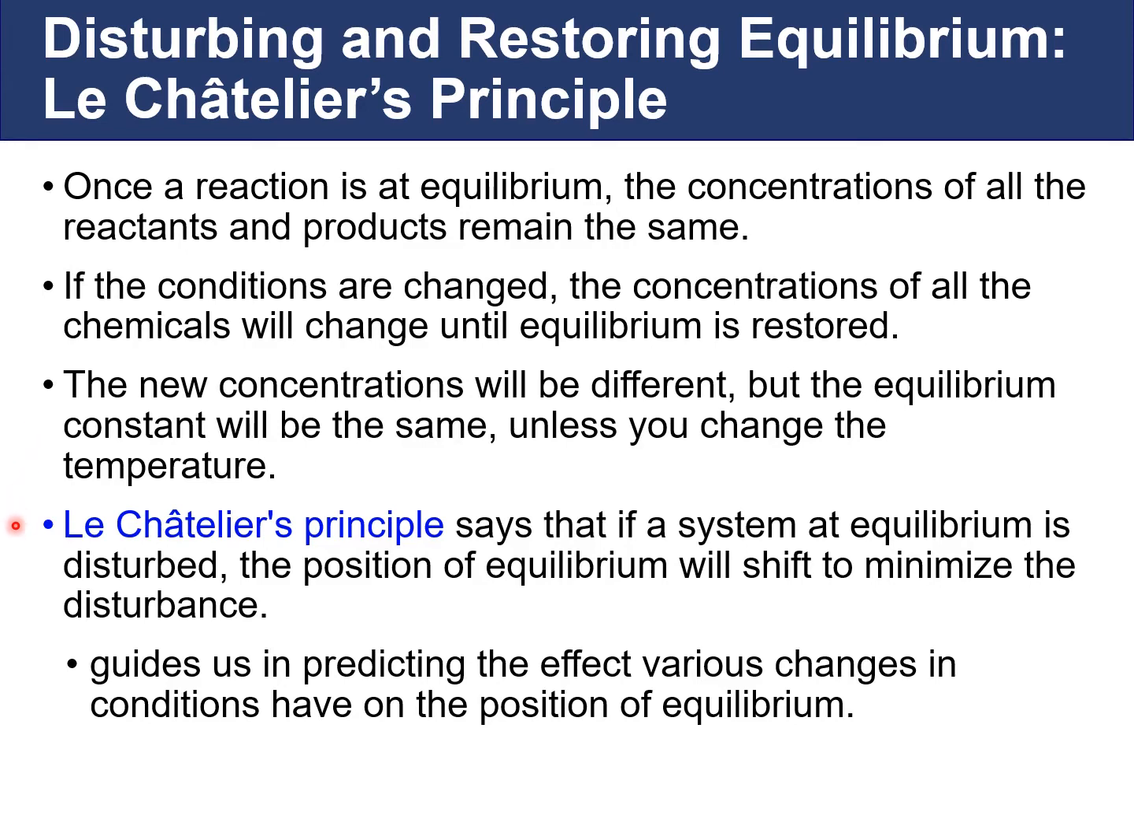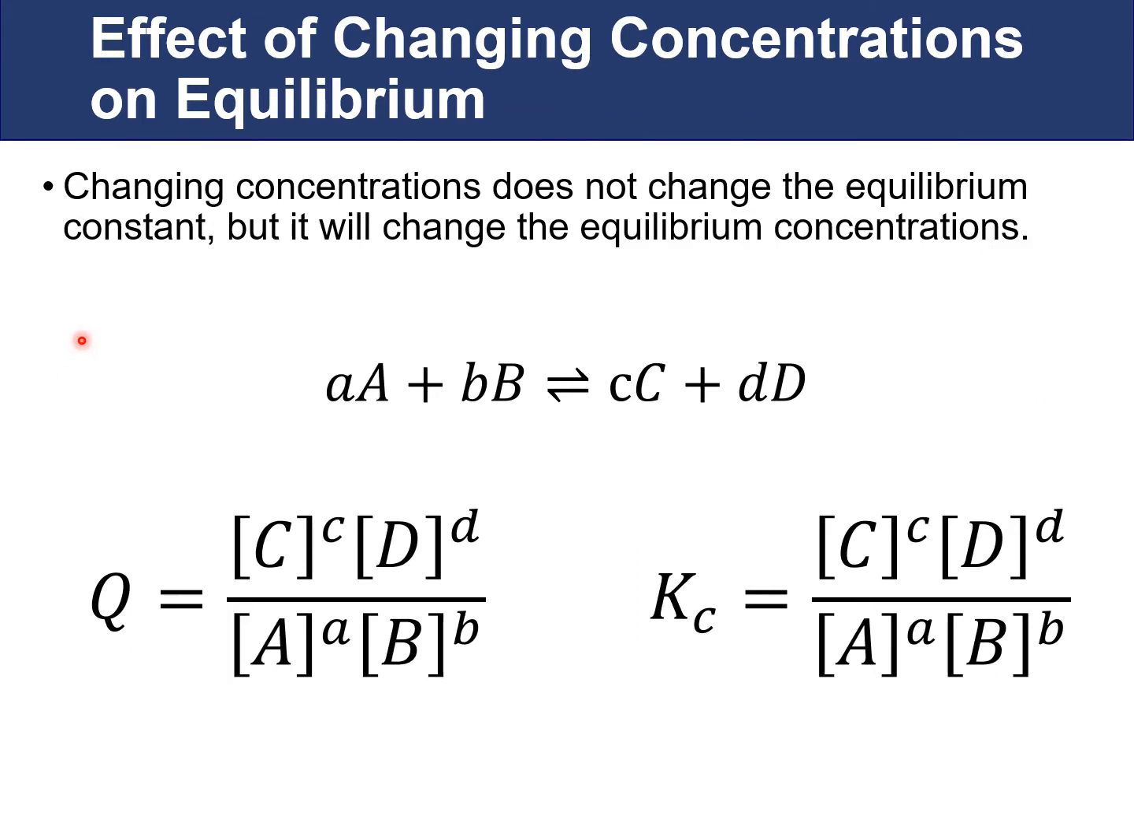remain the same. This follows along what we will call Le Chatelier's principle, which says that if a system is at equilibrium and it is disturbed, the position of the equilibrium will shift to minimize the disturbance. It gives us a guide for predicting the effect of various changes in conditions on the position of equilibrium. So for example, we could add one of our reactant components, thus increasing the concentration. So if we look at Q and compare it to K and how we are affecting both via changing the